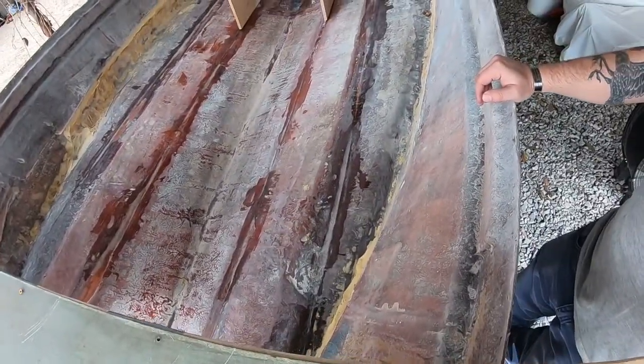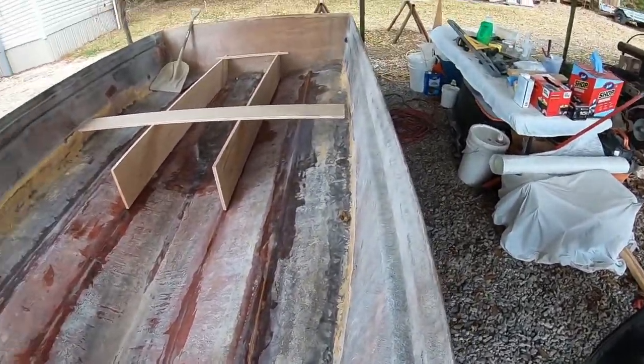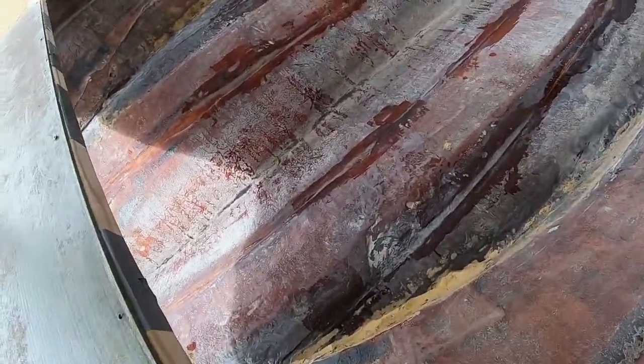Hey y'all, welcome back to another update video. I've been having trouble uploading these videos onto YouTube, so I'm still trying to figure it out, but we're gonna get it squared away. We haven't stopped working. I'll show you a little progress that we got done. I finished grinding the stringer flanges out. I ground them all the way down on all sides,